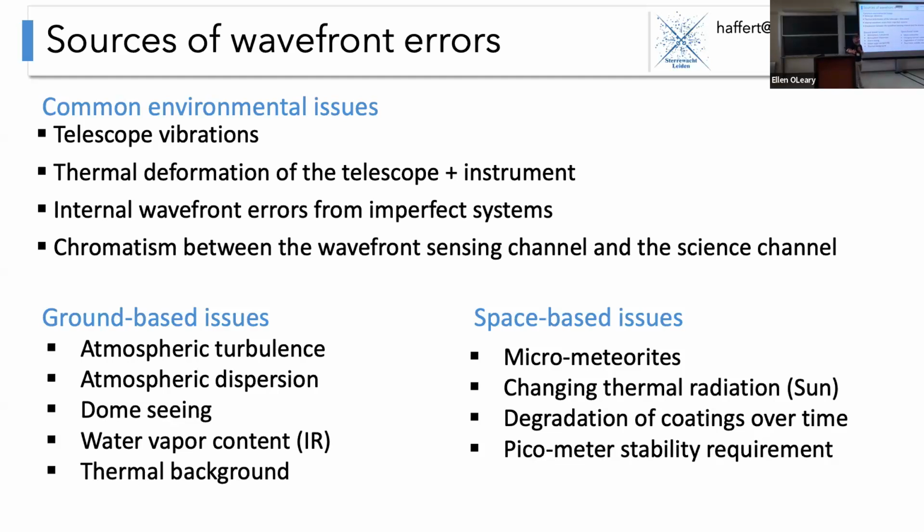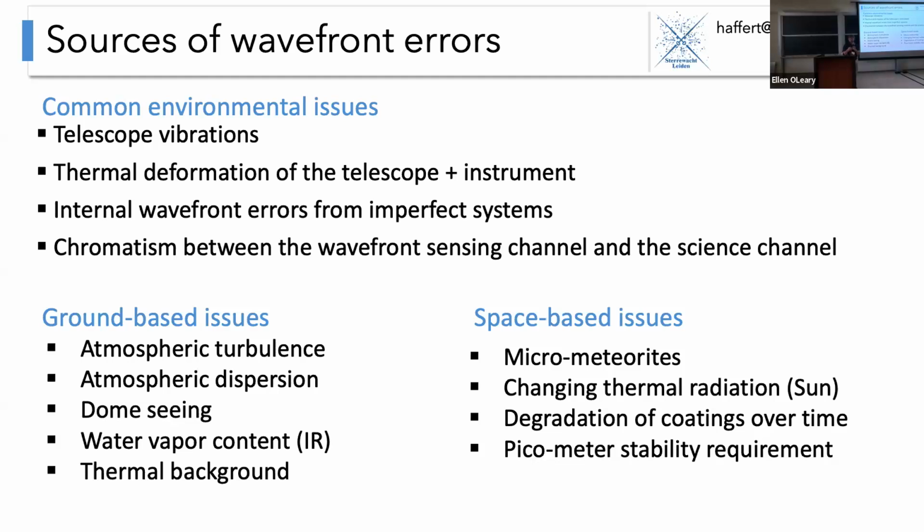In space, we have way different issues. Well, some of them are common, but for example, one that we learned with James Webb is that we have micrometeorites that can actually impact your wavefront error budget. There's changing thermal radiation because you can get different angles that the instrument is making with respect to the sun. So that means that depending on how the sun illuminates your instrument, you get different thermal radiation. You might have degradation of the telescope coatings over time, which you cannot fix because the telescope is in space. And we also need the picometer stability requirement to do the coronagraphy,